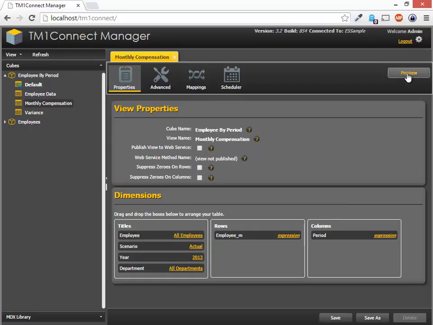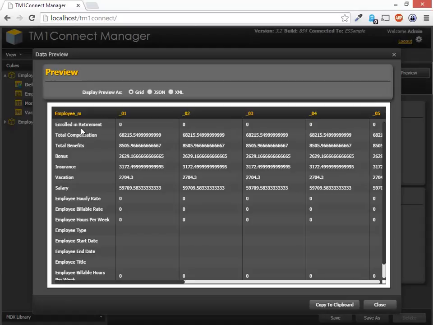I can preview this information, and what you'll see here is that I've got the measures on the rows, and I've got the periods in the columns. This is a very typical view that you will see in TM1, but for QlikView, this is actually an issue because